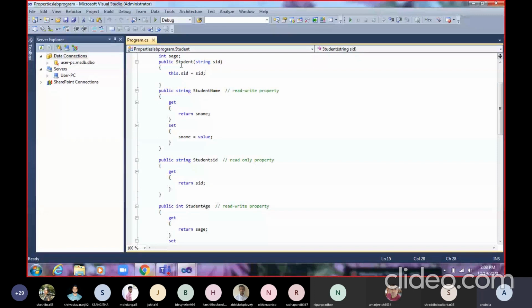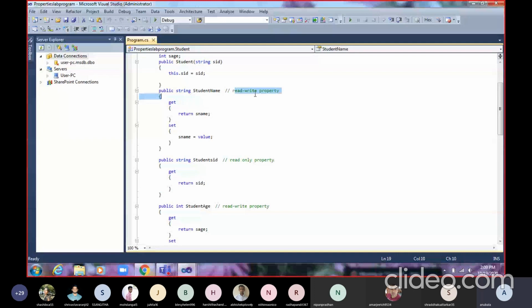So I can create a property of type read only. The read only property will only return the value. So public string is the type of data it works with, and student ID is the name of the property. It only has the get accessor, which is returning the student SID. So this is the difference between the read write property and the read only property.